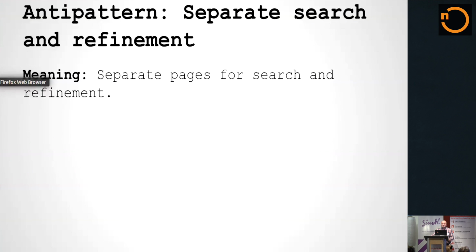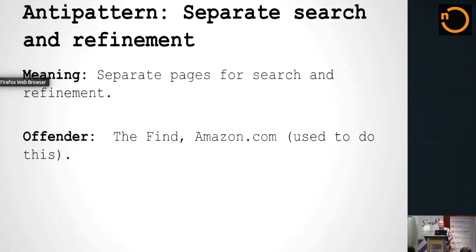So the next couple of anti-patterns I have are related to search and refinement. One of the problems you have when you're searching, and I know Amazon used to do this, and there's another app out there that I need to try called the Find, is where you have a separate page for search and another page for refinement. Imagine you have one page with a whole bunch of blank space on it that could be used constructively, but